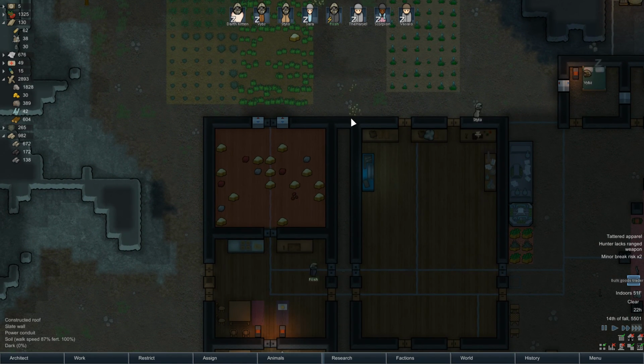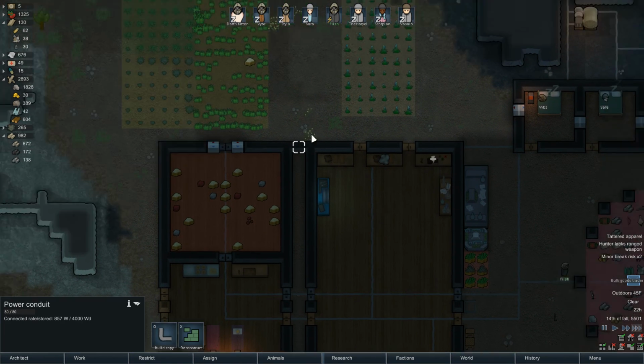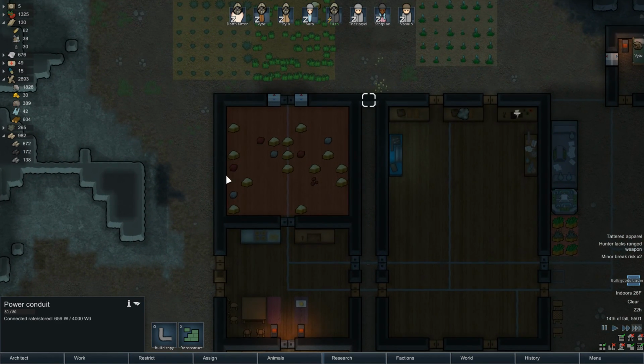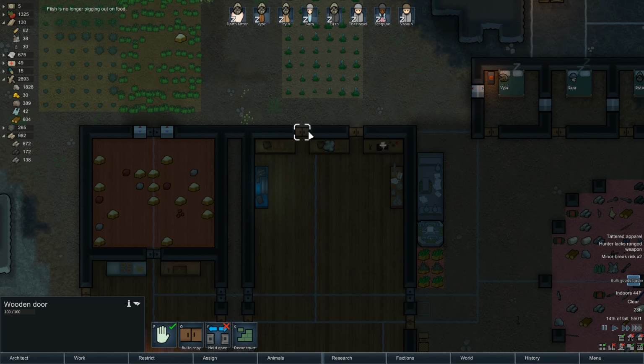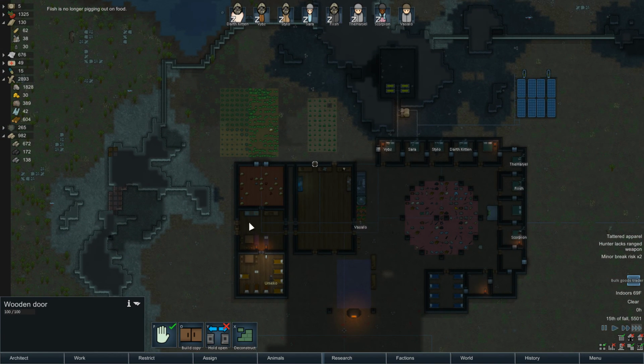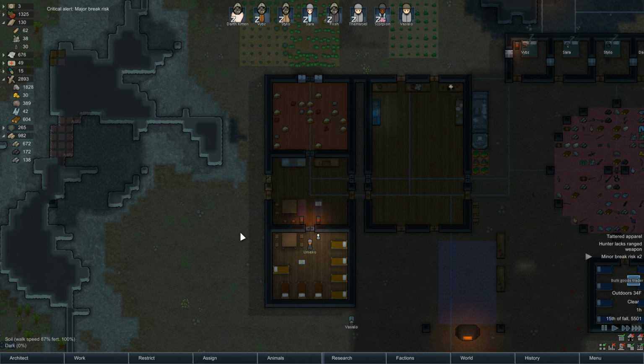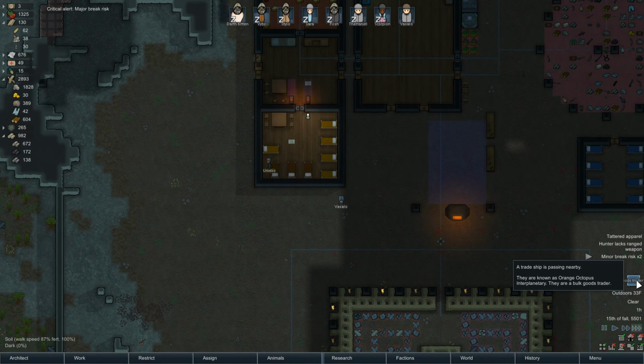Also, now that I blocked off this corridor right here, I think I did that a long time ago, I think I might want to make this, or maybe this, into an auto door, because those are the only 2 other entrances people really need to go through. I think I'll make this into an auto door, just to make our people a little bit more efficient.